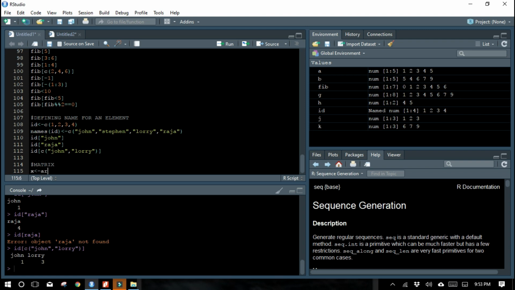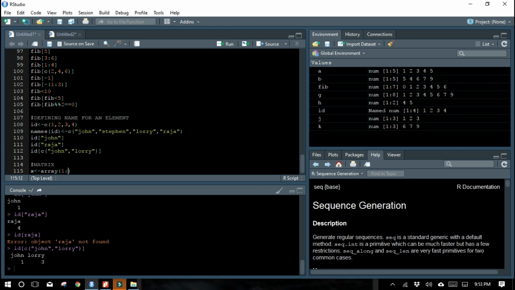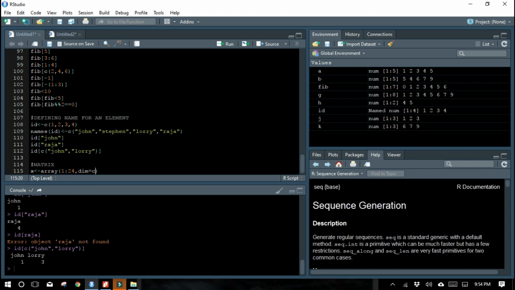X is array of 1 to 24, comma, dimensions we have to give, dim equal to c of 3, comma 4, comma 2. What this means is 3 is the row size, 4 is the column size, and 2 is the number of matrices. So let me run this code.